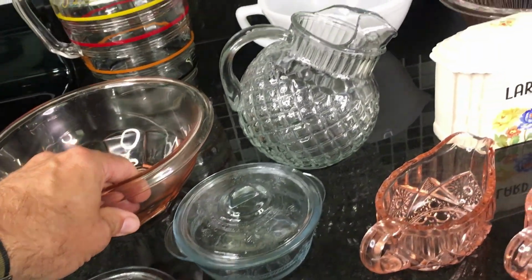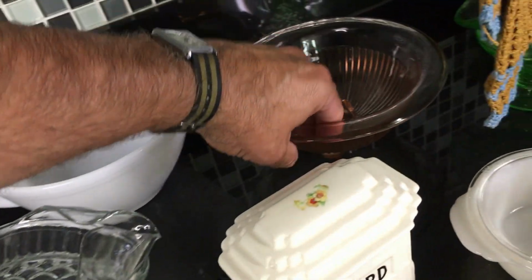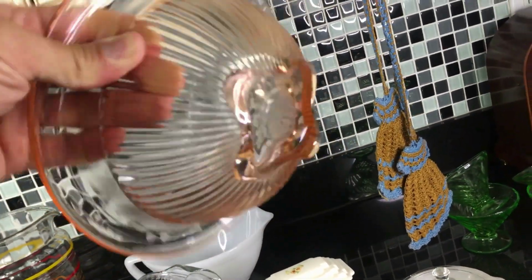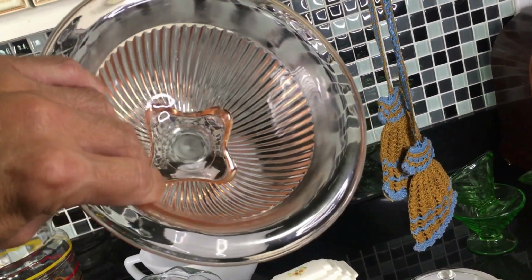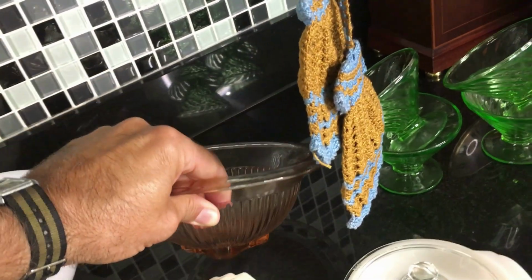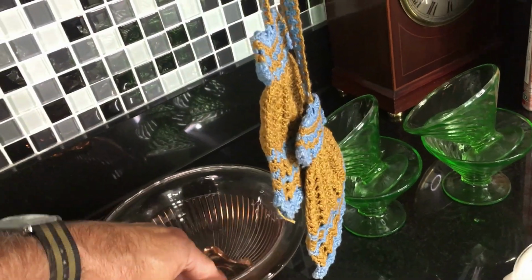Measurements, again, as I said, can be found if you go to the auction site. Here's another one with ribbed sides and a pedestal, a little footed base there. Pink mixing bowl. And hanging here, getting in the way, I'm going to assume are some